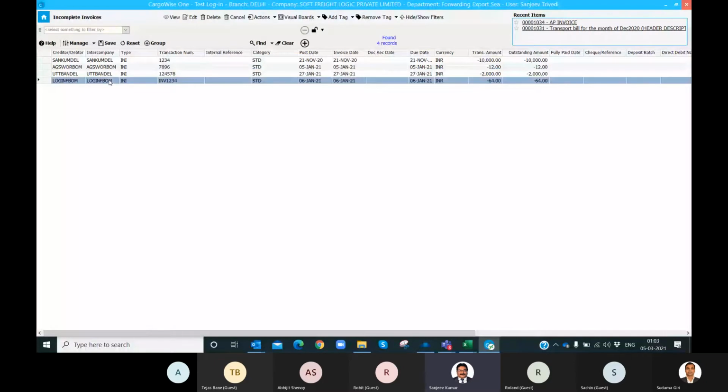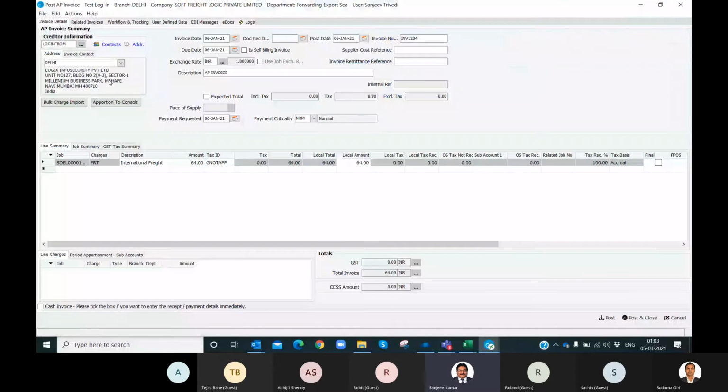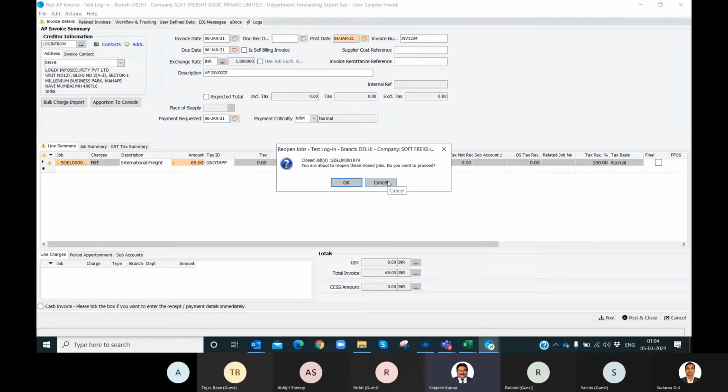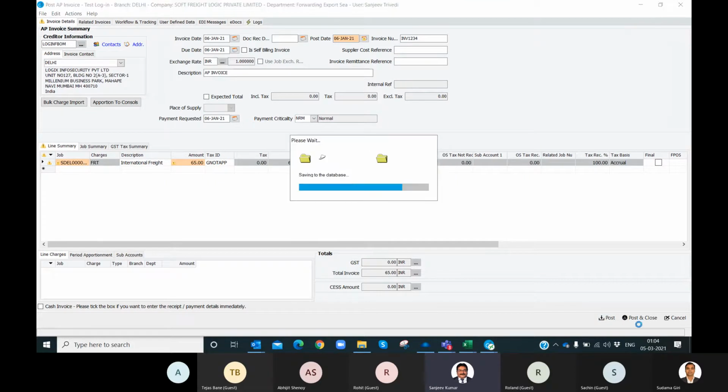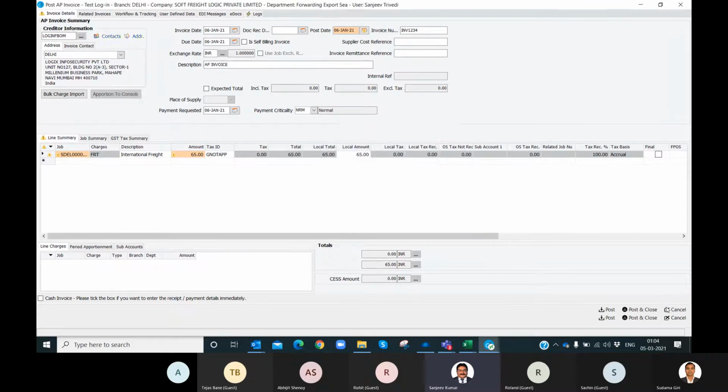Means these invoices, right now, if not posted, are appearing in incomplete, which means they are not going to affect your financial report right now. But you found that okay, the mistake has been located. It is 64, not 64. The last digit was missing. It is now 65. Then if you click on post, right side bottom, it is going to affect your report. Till the time you have not posted and saved as incomplete, it is not going to affect any financial reports.